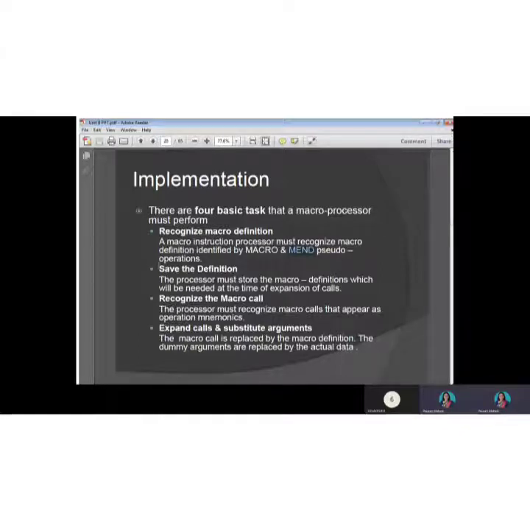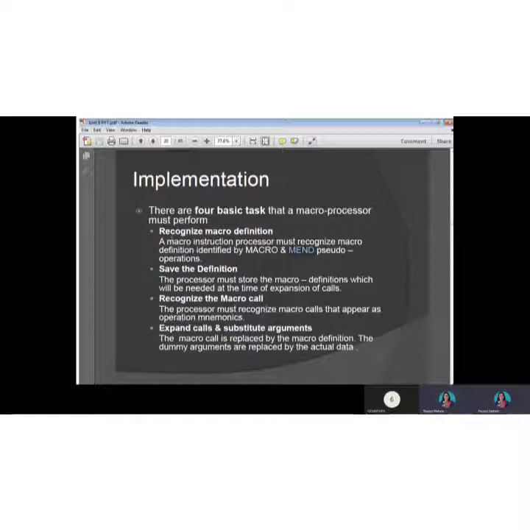The second task of the macro processor is to save the definition. As we have seen in the design of the assembler, where we use different types of tables or data structures, similarly in macro we also use certain data structures.